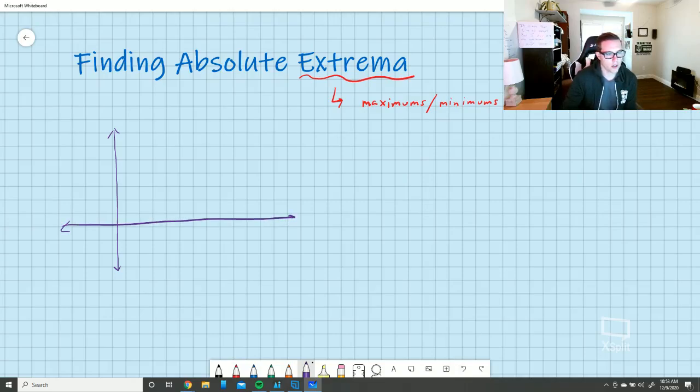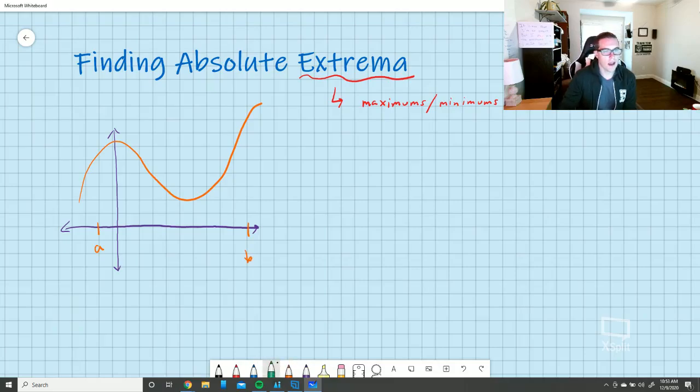Let's try that again. If I have a function that looks like this, let's say, and I talk about it on this interval from here to here. If I have an enclosed interval, so in the interval from A to B with brackets, meaning I'm including the endpoints, so from here to here,